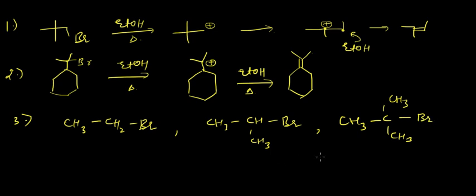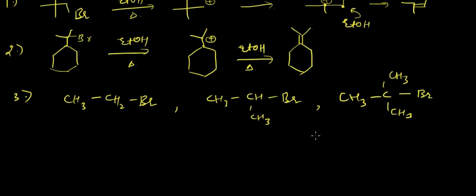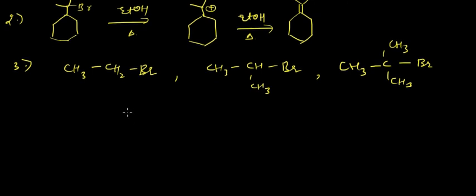Okay, so if we just draw the timeline, or we just compare the rate of SN1, SN2 and E1, E2 reactions. So if we go along this way, SN1 rate increases. Why? Because in SN1 carbocation is formed, and the more the stability of carbocation, the more will be the rate of SN1